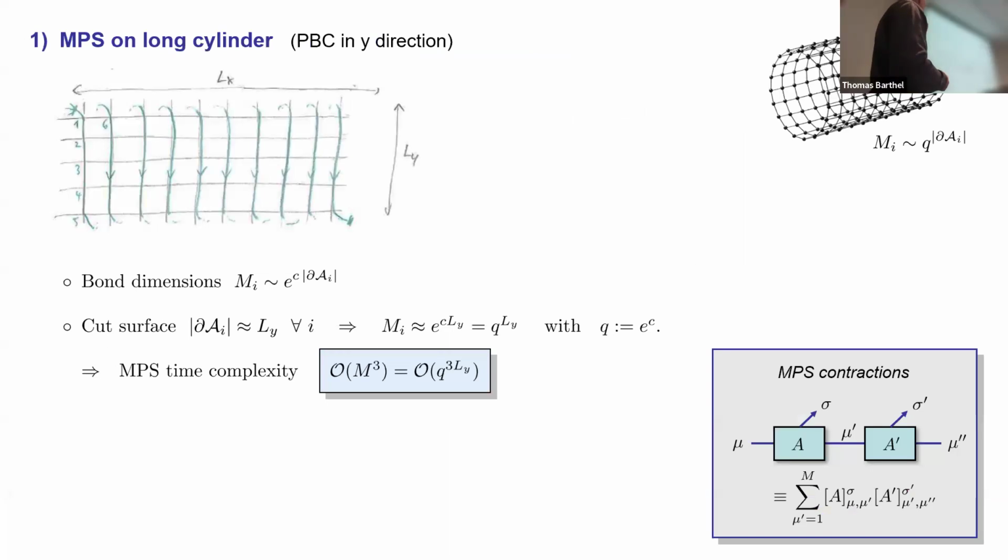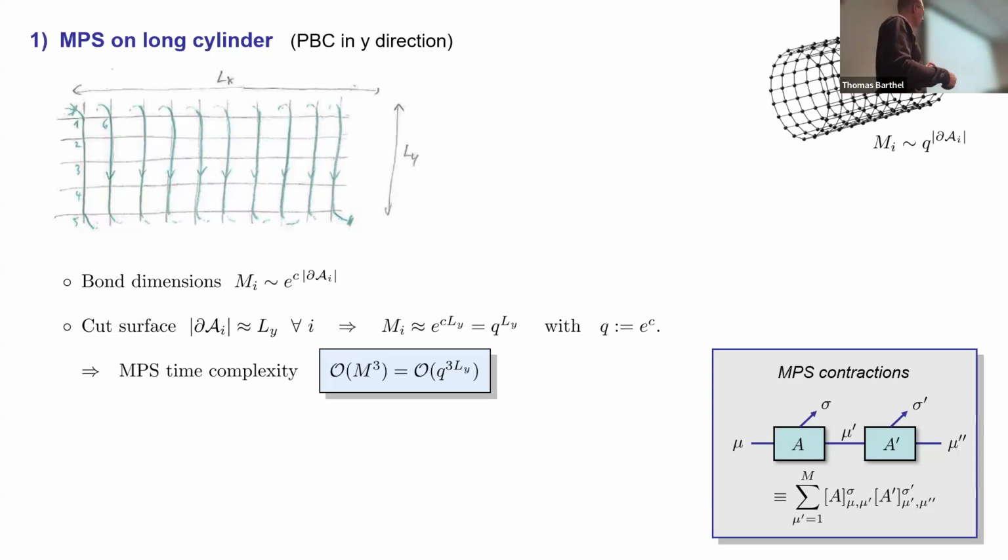Okay, first example, an MPS on a long cylinder. So you use periodic boundary conditions in the y direction. The x direction could be much longer than the y direction, because if you wrap our MPS around the cylinder, then the size of the interface will always be proportional to Ly, no matter what specific cut you're choosing. So bond dimensions will have to grow exponentially in the y extent of our cylinder, or the circumference of the cylinder, if you want, which means that because the good MPS algorithms scale with the third power in the bond dimension, so we get this